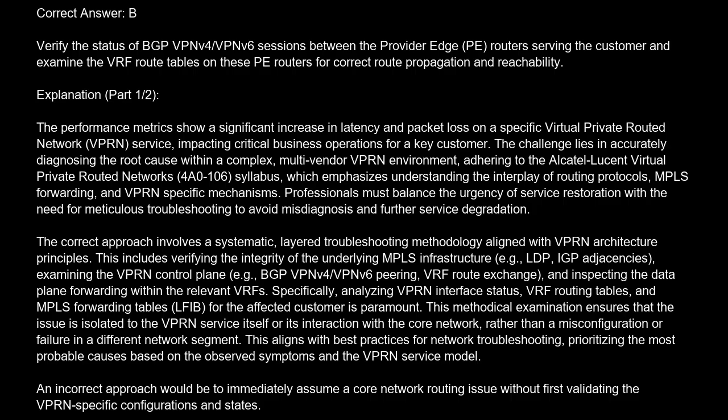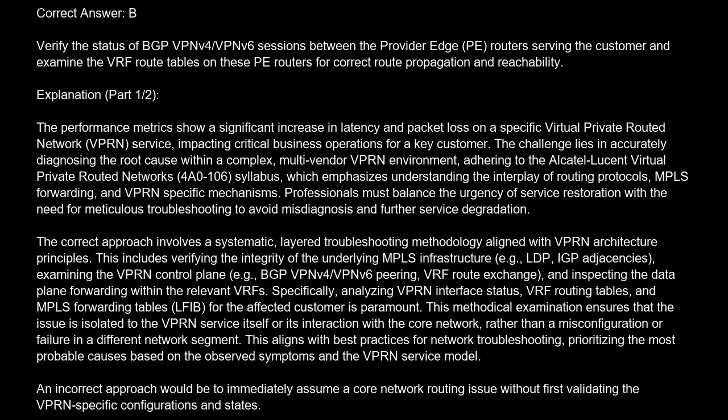Specifically, analyzing VPRN interface status, VRF routing tables, and MPLS forwarding tables, LFIB, for the affected customer is paramount. This methodical examination ensures that the issue is isolated to the VPRN service itself or its interaction with the core network, rather than a misconfiguration or failure in a different network segment. This aligns with best practices for network troubleshooting, prioritizing the most probable causes based on the observed symptoms and the